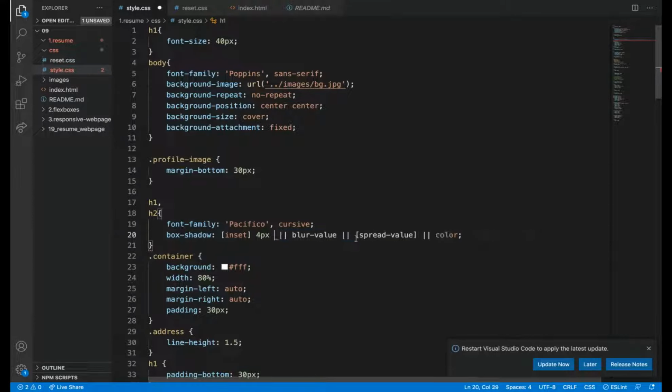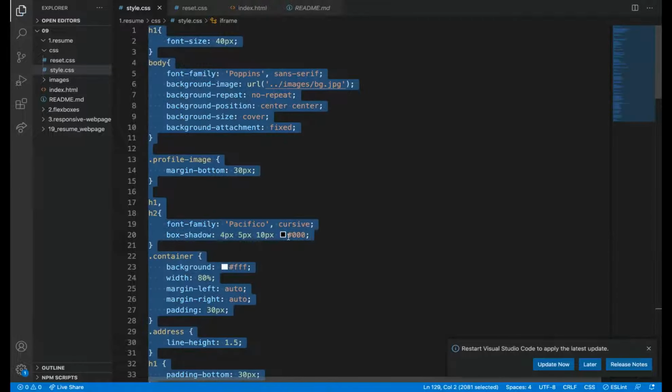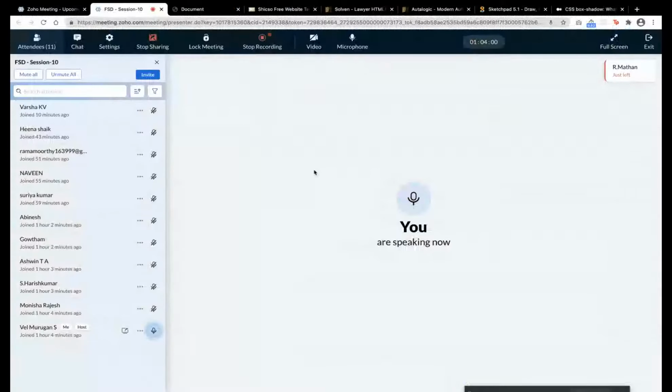Y distance, 5 pixel. Blur also, I'm giving 10 pixel. Why have we written these in square brackets? It is optional. So for now, we will remove these two, the spread value and inset, which are optional. Other things are mandatory. Color, for now, I can give black.